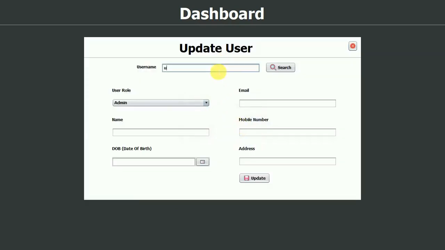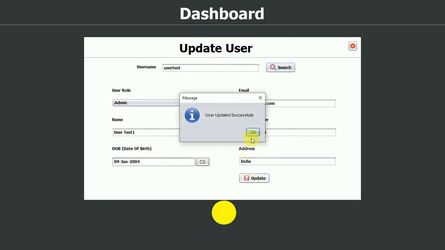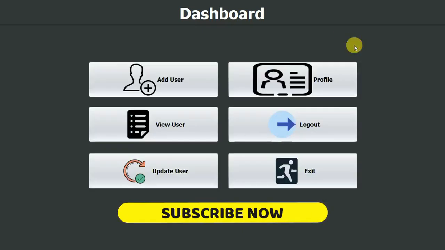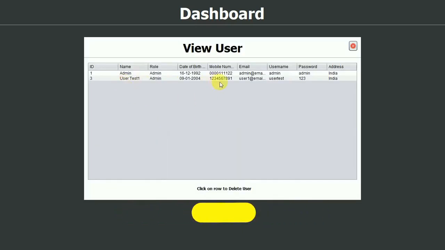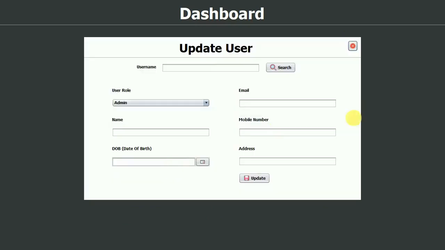If I search user test, click on search, you can see we are seeing the user role admin. Name, you can see user test1, you can see the date of birth, the email, the mobile number, and the country. Everything is updated as per expected. So if I click update again, if I close this one, if I go to the view, here you can see also the updated one, right? So it means that our update user part is